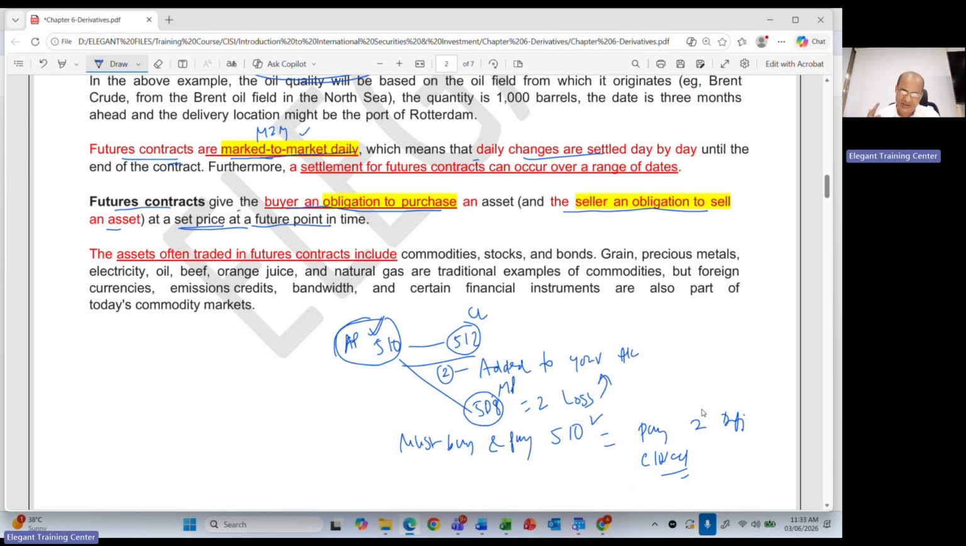Similarly, if you have bought a sales contract, a sales future, it means you are obliged to sell. If you don't have the gold, you can pay the difference. If you have the gold, you can give delivery. So basically,